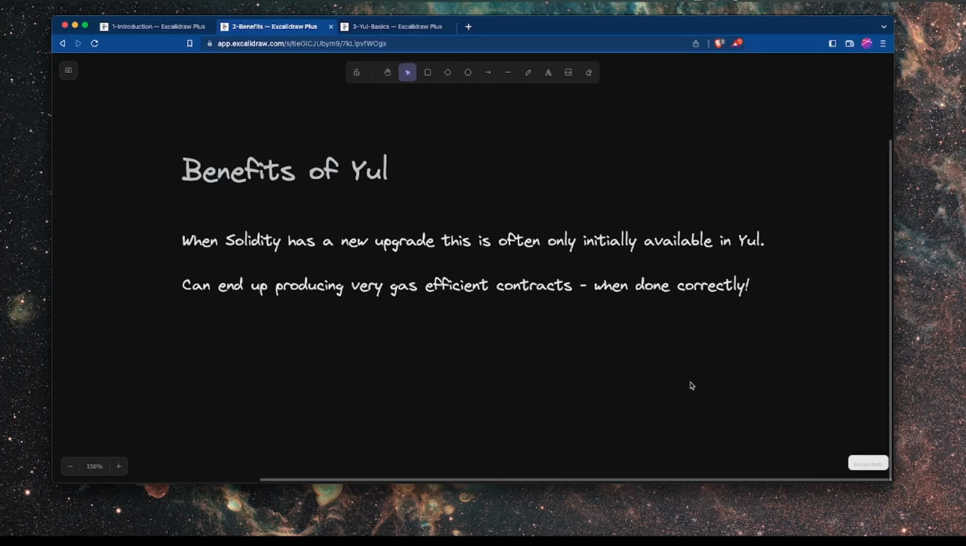You can use Yul either directly in your contract in an assembly block, or you can actually write Yul contracts 100% if you want to. And these contracts, as I mentioned, very often are much more gas efficient. Now, this doesn't come without some kind of